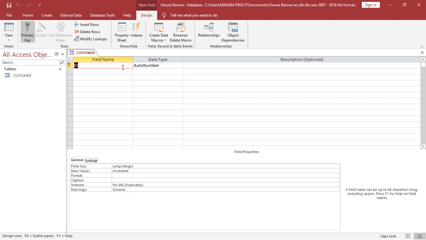Maybe for instance, you want to ask the age of the customer, the name of the customer, the town of the customer, the telephone number of the customer. So the field names are the questions or the attributes that you want to ask, the attributes concerning the table. So our first field name,